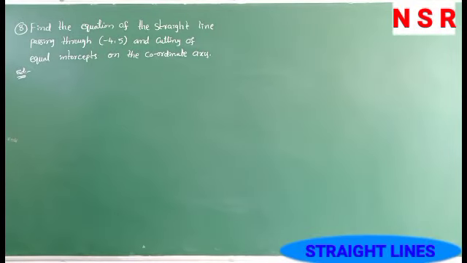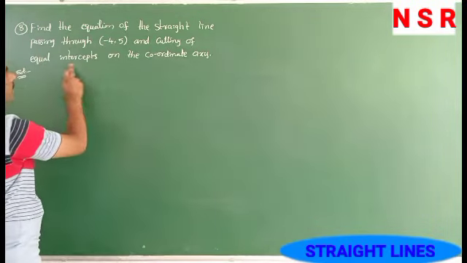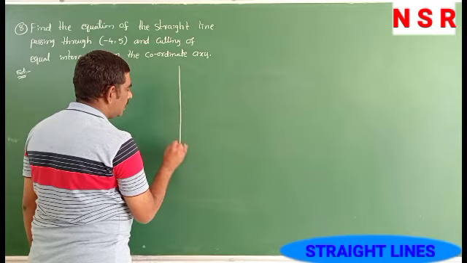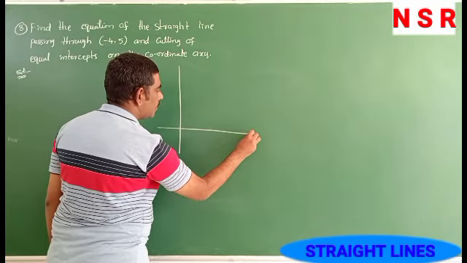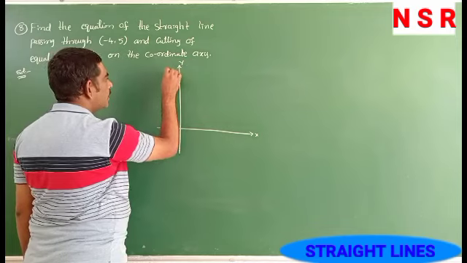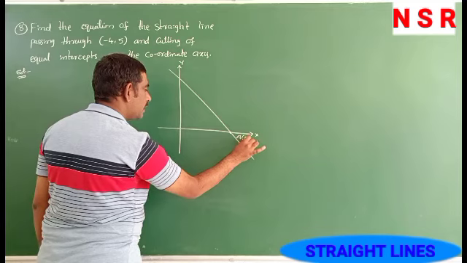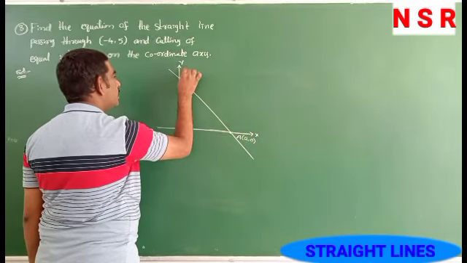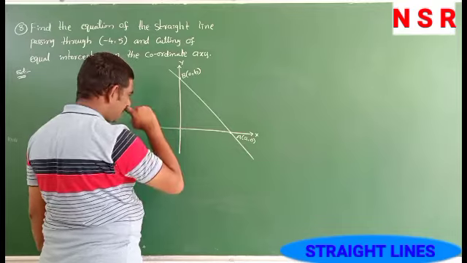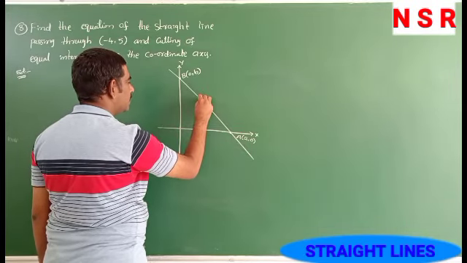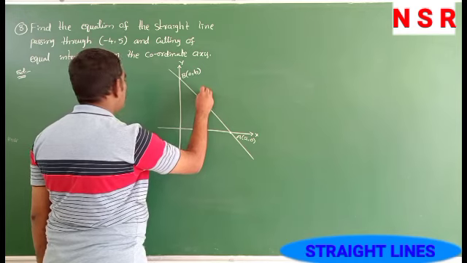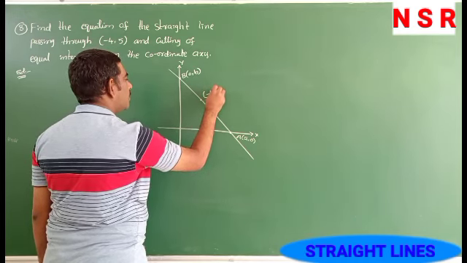So next question number 8, find the equation of the straight line passing through minus 4 comma 5 and cutting off equal intercepts on the coordinate axis. So here apply intercepts form. Here given two conditions. So this is coordinate axis x and y. Now this is intercept line. Intercept means a line touches x axis at a comma 0 and y axis at 0 comma b. Then small a is called x intercept and small b is called y intercept. This intercept line is passing through one point, that is minus 4 comma 5.